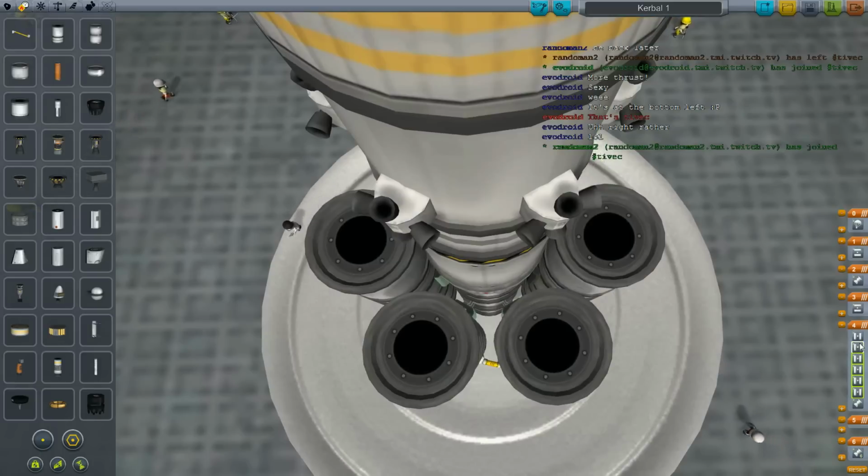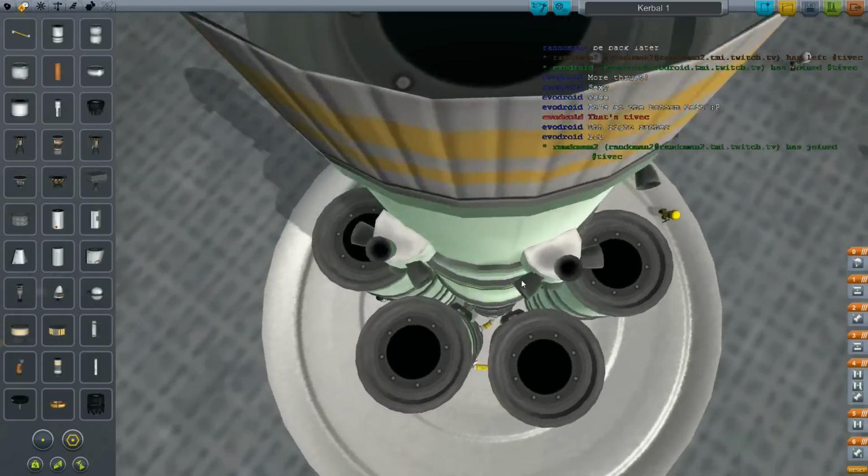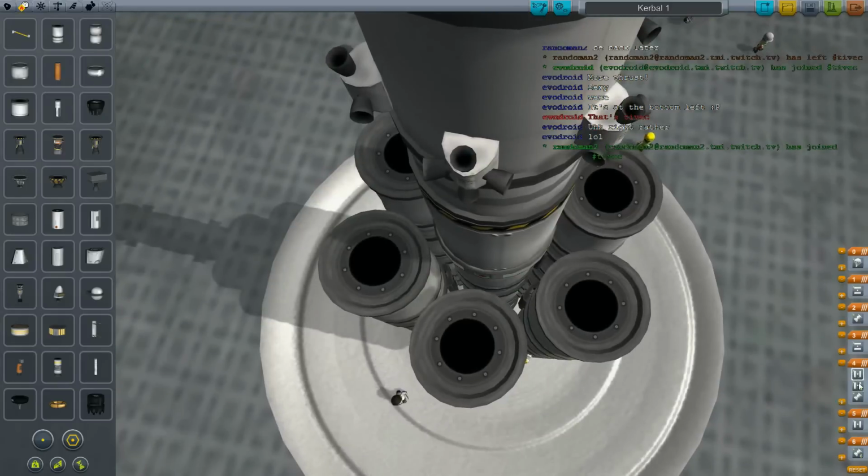That one there is the first one to be ejected. And that's the same for the opposite one, which is that one. No, not that. Oh, this can be a bit...